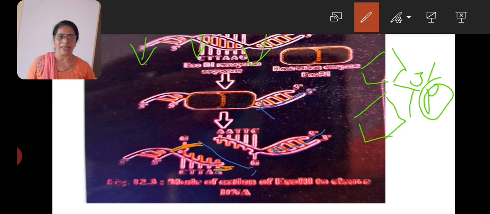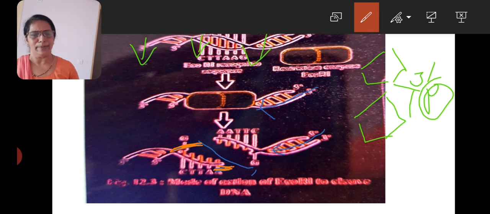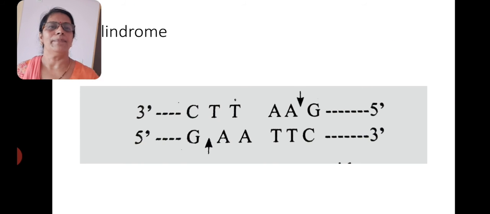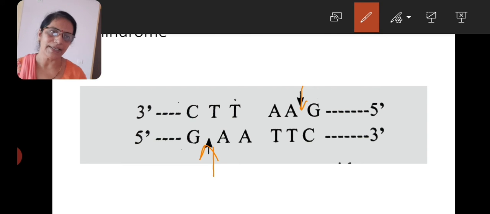That is, it first breaks the backbone of the DNA, and the backbone of the DNA is nothing but the phosphodiester bond. After that, the weak hydrogen bonds present between the complementary strands get broken, and then the two sticky strands are produced. For the cleavage pattern, Mg++ ions are needed. So it is like a palindrome: CTTAAG, and here GAATTC, and here the weak hydrogen bonds break, and the two sticky strands are produced.